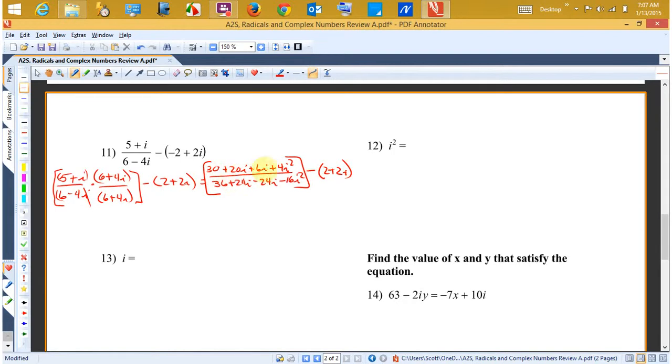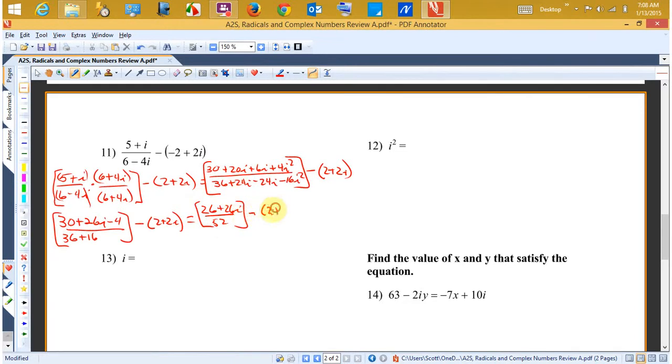Okay, working on this part in here, I'm going to have 30 plus 26i. And then this i squared is going to make that a minus 4. My denominator will be 36. The plus 24 minus 24 will go away, and this i squared will turn this minus 16 into a plus 16. Oops, I forgot to add the other part. Okay, so now I'm going to have the 30 minus 4, that's 26, plus 26i, all over 36 plus 16, that's 52,